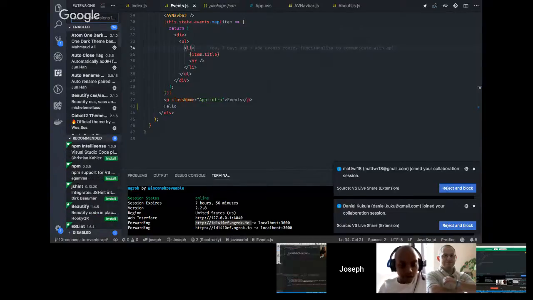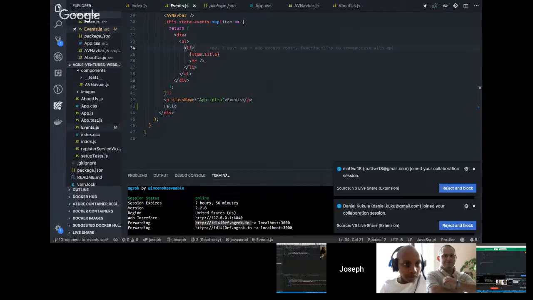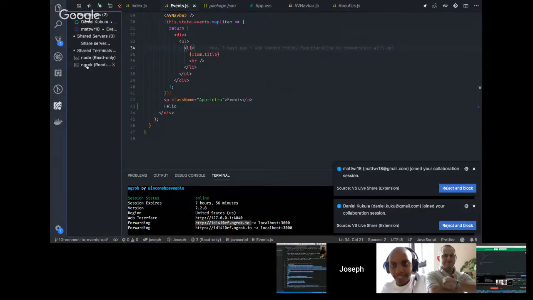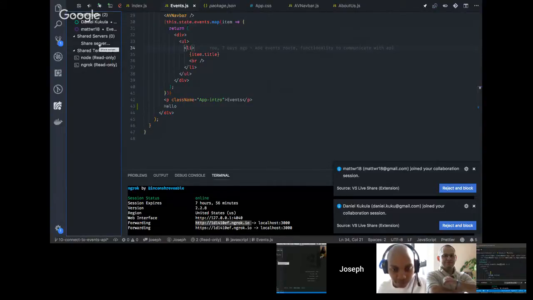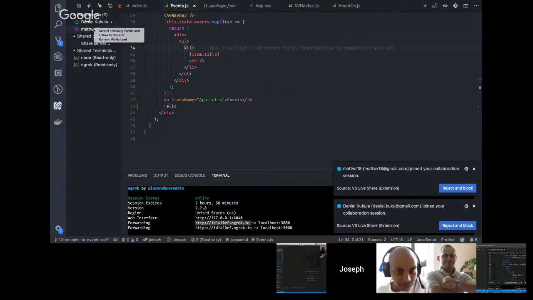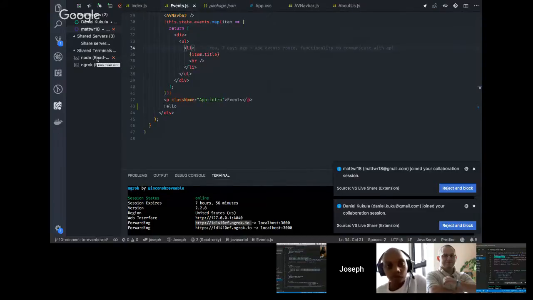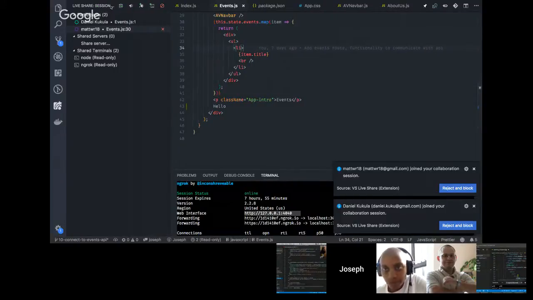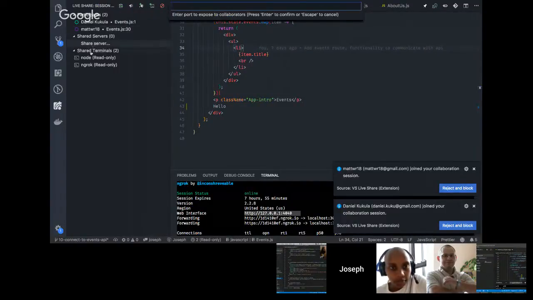Joseph, you've given me read-only access. I didn't do anything. It's just being cautious with you, Matt. You know what happens when I have write access to things. You need rights for the terminal. I was just going to make a quick change to the actual code, and it says read-only on the event.js. Interesting. Maybe I need to follow you, or maybe I'm not following you. How do I? I think it depends on how you start it. There's a start with read-only option. Daniel, are you able to modify? No, I've got read-only as well. So in the confusion of talking about doing multiple things, do you think maybe you started a read-only session instead of a